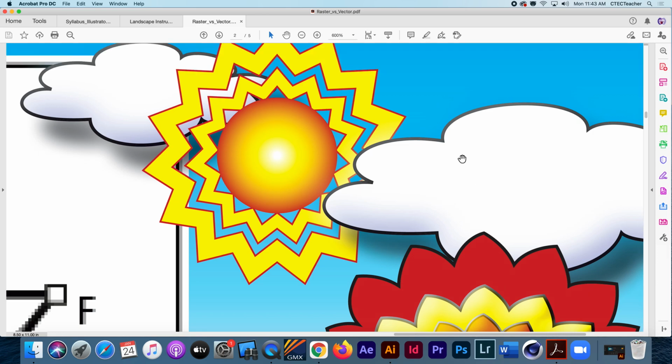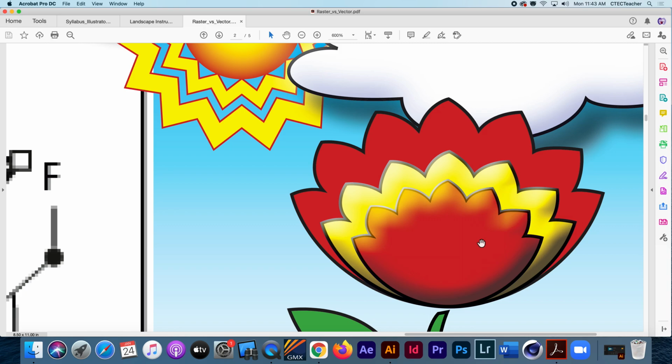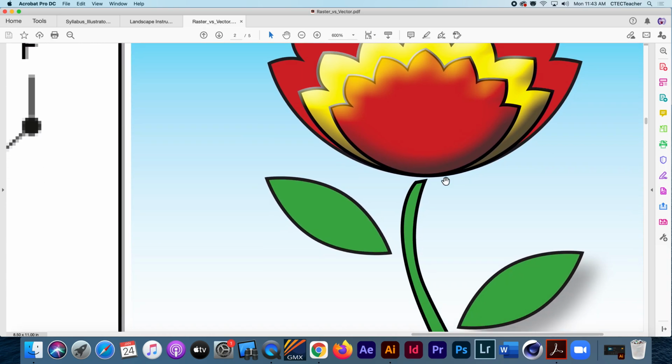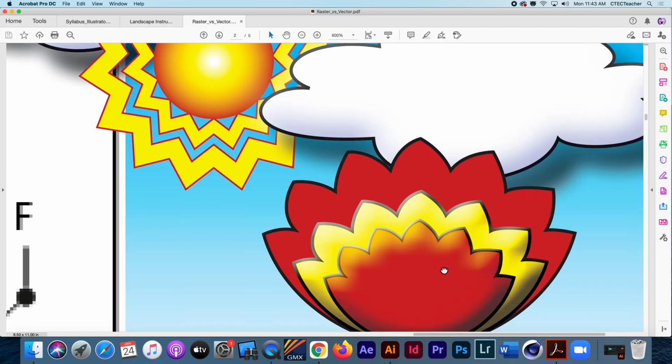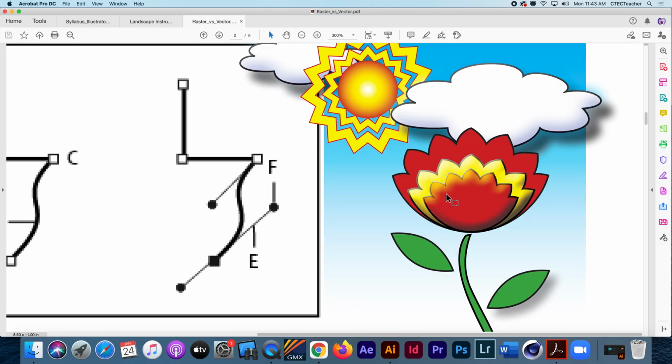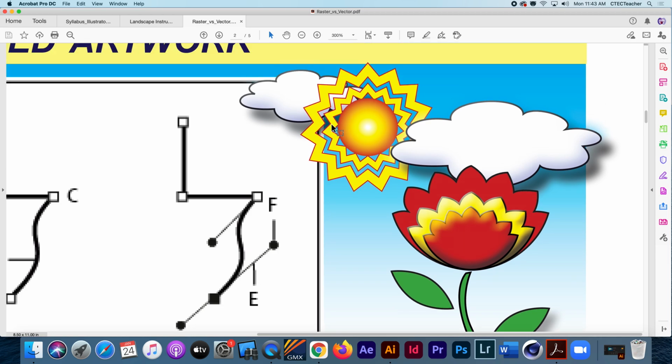So that's the beauty of vector-based artwork. It's gonna stay very precise and crisp and clean and be resolution independent. And that's what we're gonna be starting today, is working with the shape tools to create shapes that you'll be able to assign fill colors to, like solid colors, like what you're seeing in some of these shapes, or you